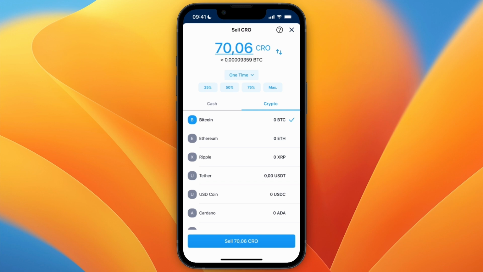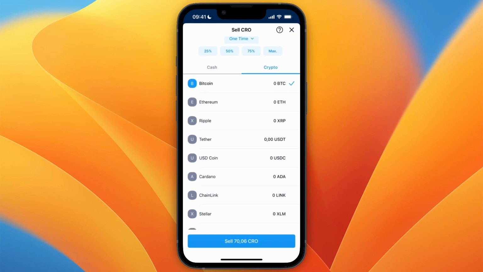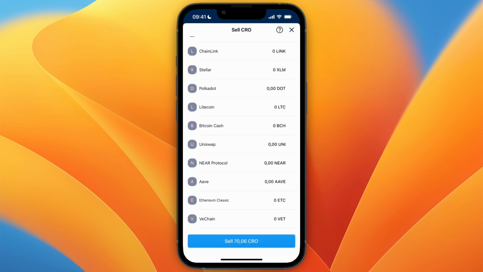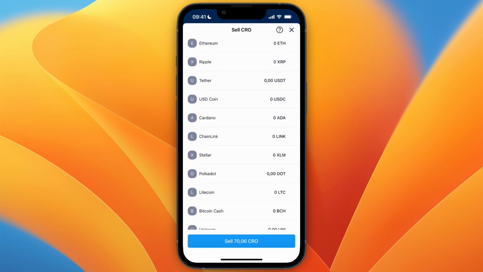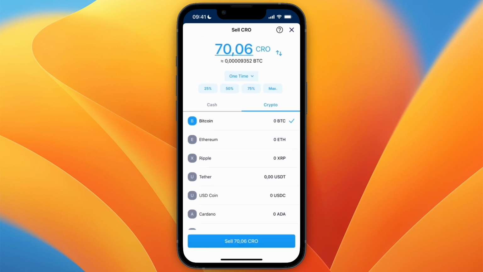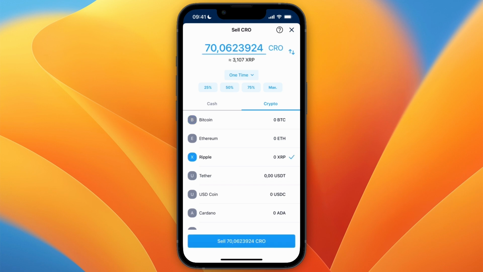Then at the top, choose how much you want to sell. I'll just click max. And then here, choose which cryptocurrency you want to sell it for. For example, I want to use Solana, so sell it for Solanas. And then here I can just search for Solana. For example, I will just sell it for Ripple, so then I can click Ripple right here and then click